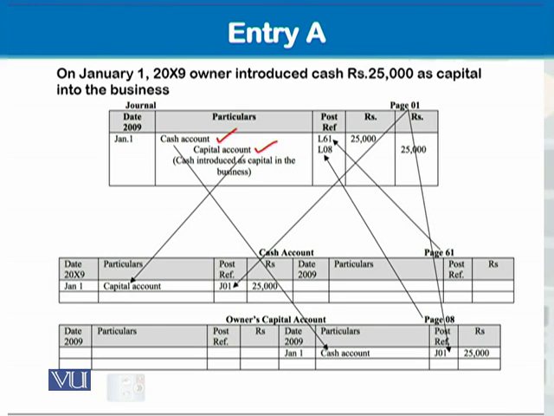Cash is being debited with 25,000 and capital is being credited with 25,000. Okay. Well, so here is the post reference for this. Why post reference? Because this is the ledger